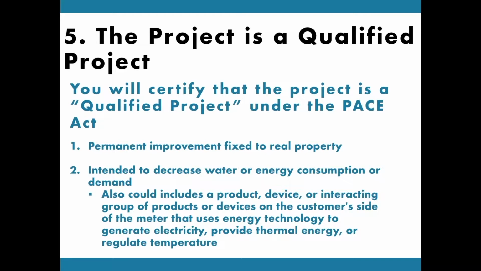The last thing we're going to ask our ITPRs to certify is that the project is a qualified project, and that's all caps, qualified project, under the PACE Act. In order to be a qualified project under the PACE Act, it has to meet two criteria. First of all, it has to be a permanent improvement fixed to real property, which really just means that the project is difficult to remove and is intended to remain with the property if the property is sold. And the second one is that the project has to be intended to decrease water or energy consumption or demand,